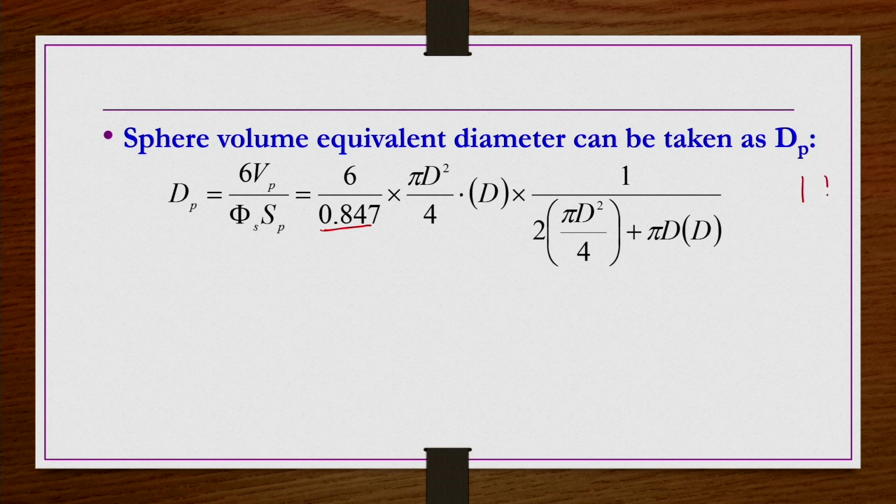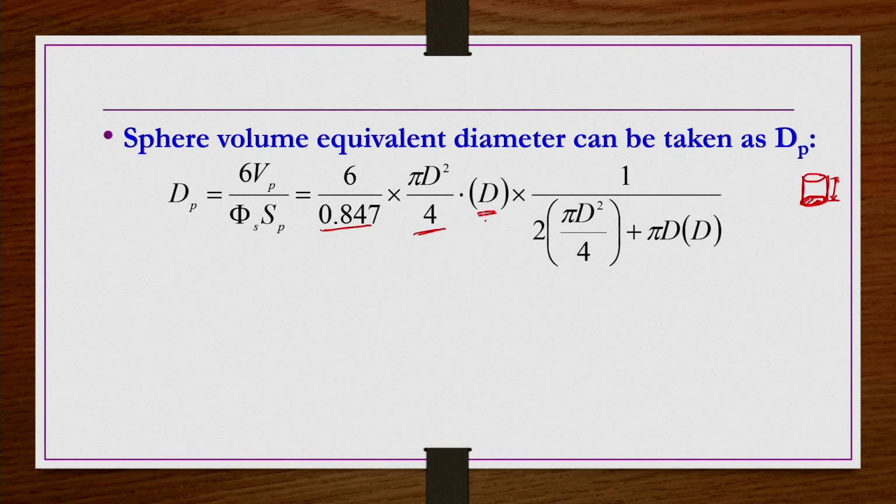Now, for the short cylinder volume, if you want to find it out, you have to find the cross section area and multiply it by the height h, but now h is equal to d. So, we can write d multiplied by pi d square by 4. This pi d square by 4 is the cross section area, based on the diameter of the circular cross section of the cylinder, and multiplied by the height of the cylinder, that will give the volume of the cylinder.